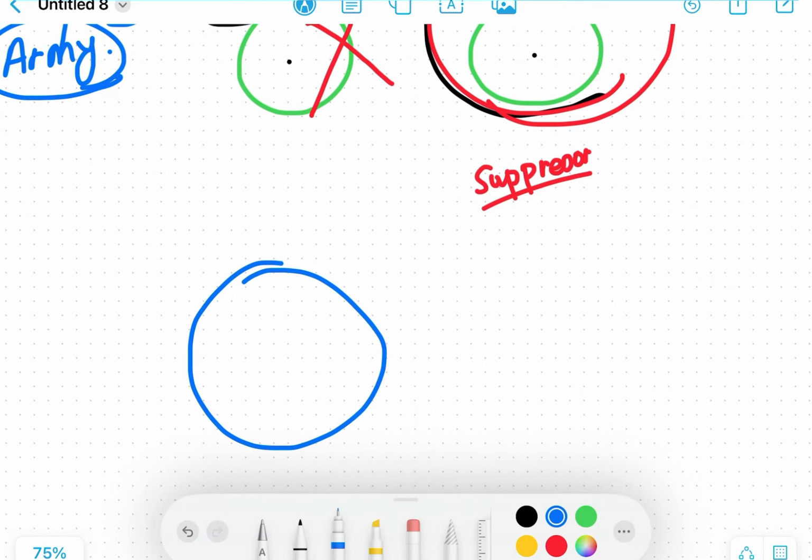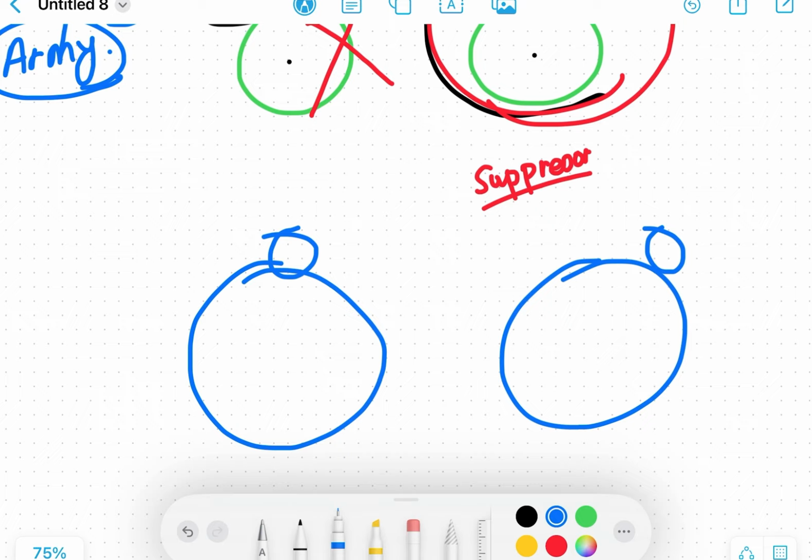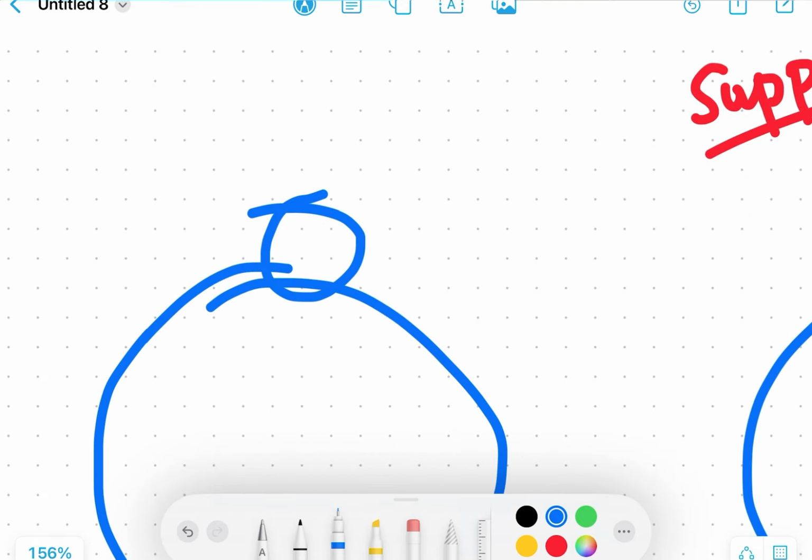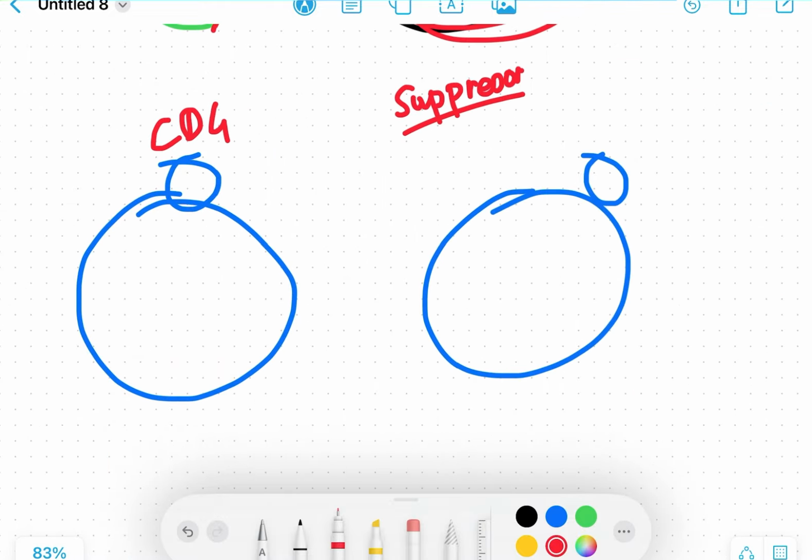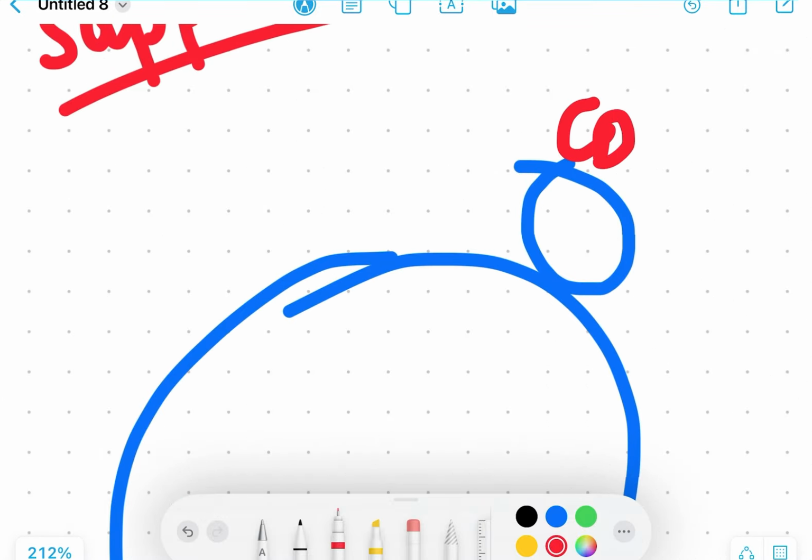This is CD4. This is CD8. CD8 has a cluster differentiation protein and CD4 has a cluster differentiation protein on its surface. So this is CD4 again and this is CD8. Okay. Now we'll